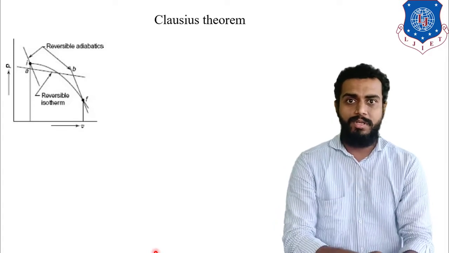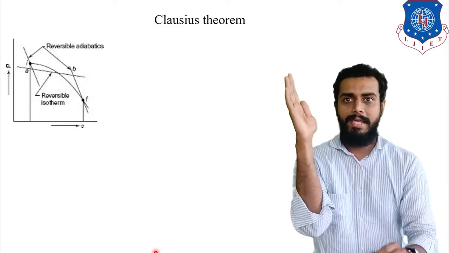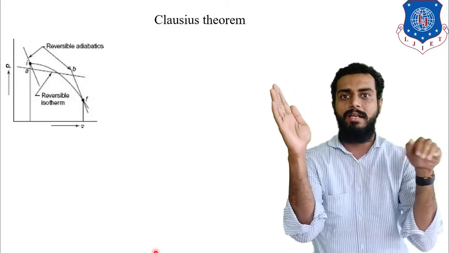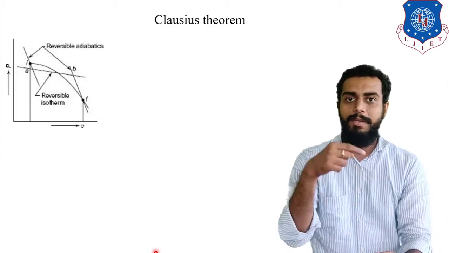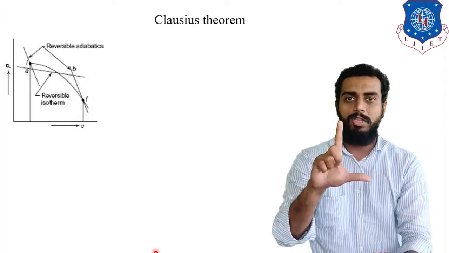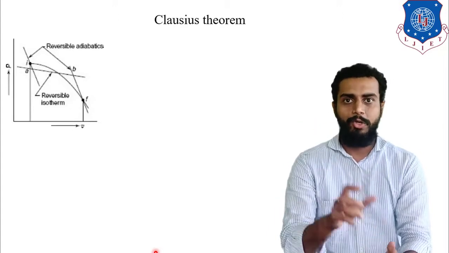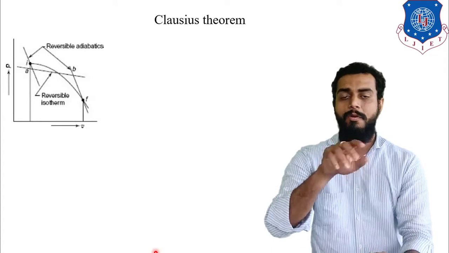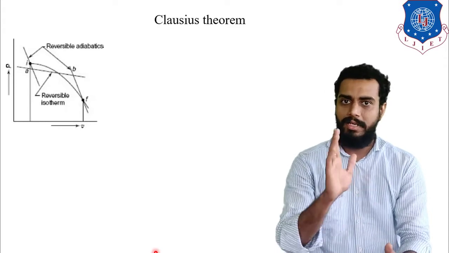Okay students, very easy to understand. I am repeating again. We are drawing two reversible adiabatics, that is IA and BF, right? And we are cutting those two reversible adiabatics by a single reversible isothermal such that the area under IABF will be equivalent to the area under IF. And you know that if you draw a PV diagram, and on the PV diagram if you draw any curve, the area under that curve will give you the work transfer during that particular process. So that means here the work transfer related to the IF process will be equivalent to the work transfer related to the IABF process. Simple, clear?